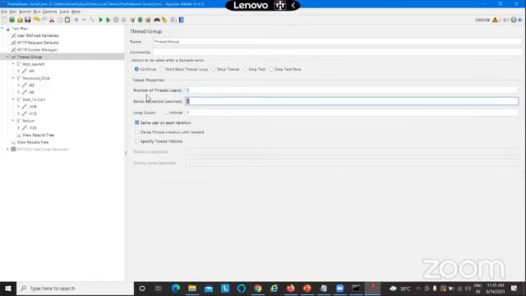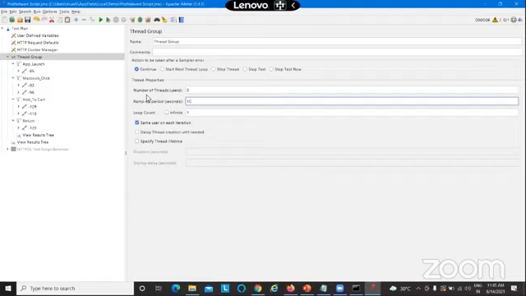It's a very interesting calculation in JMeter also. If you put 10 here, you're telling JMeter that your ramp up time is 10 seconds. JMeter will divide this ramp up seconds by your number of users, that is 10 by 5, so it gets 2 seconds. For every 2 seconds, JMeter will be adding a user. JMeter finds out how much time is required for each of the users. So as soon as you start your test, one user will be there.